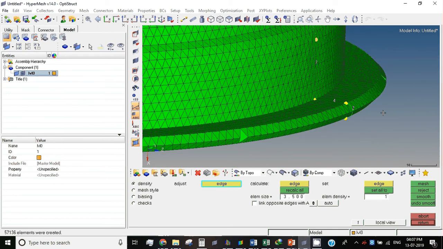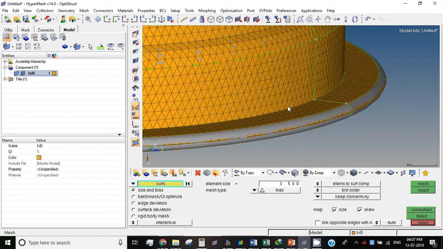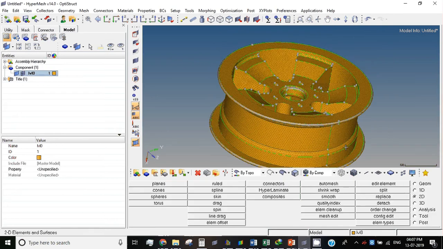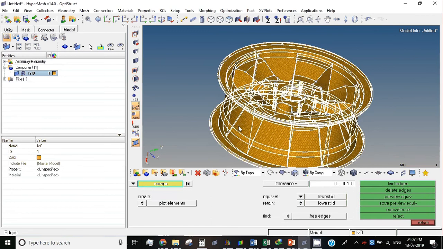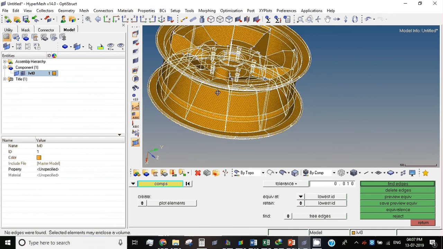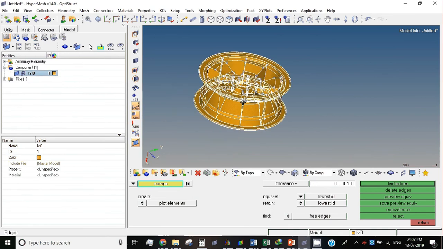As I explained before, just go to Shift F3, select this component and give find faces. No edges found. The selected elements may enclose a volume. It means this is a complete single volume. You don't have to worry about any free edges. If there are any free edges, you have to make sure that you go to F3 and